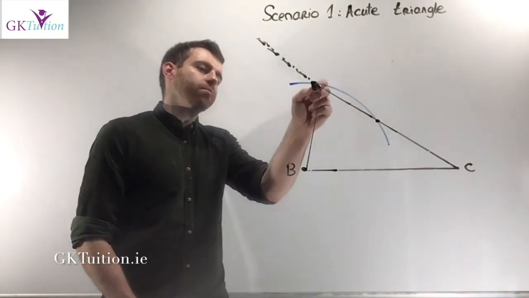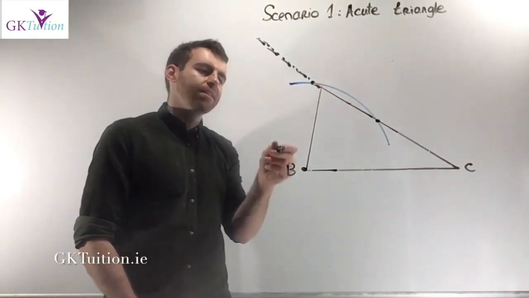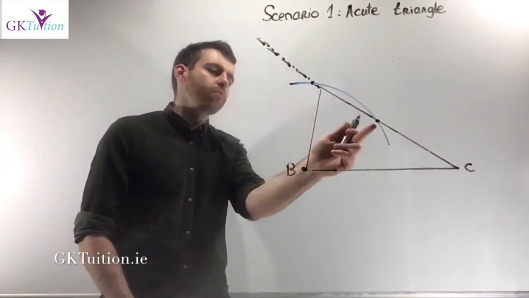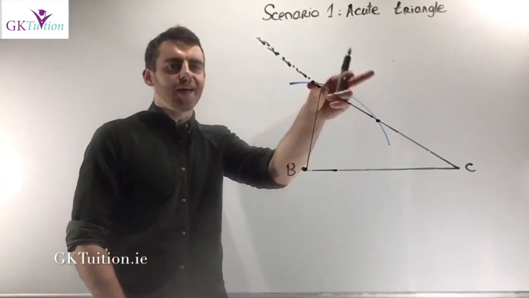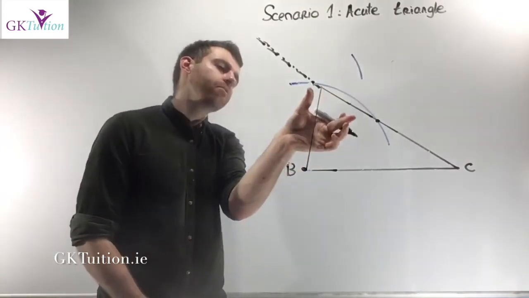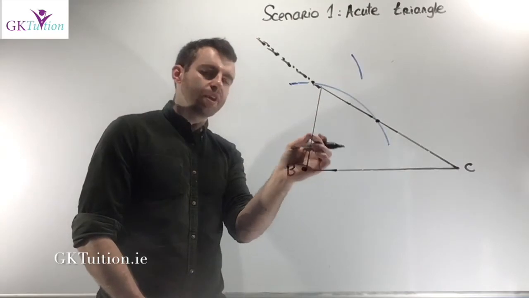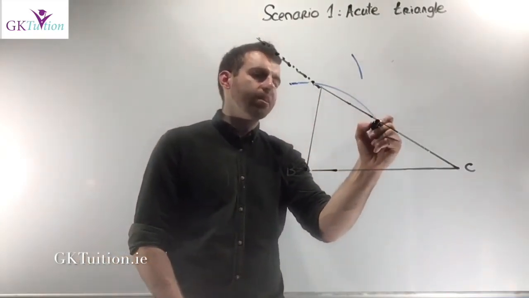I'm going to first place my compass at one of the points of intersection of the arc and the line AC. I'm going to measure roughly a distance of 2/3 between the 2 points. And then I'm going to draw an arc out here. So I placed my compass here and I drew myself an arc, for me about 2/3 of the way between the two arcs. We keep our compass at the exact same arc length, place our compass at this point and